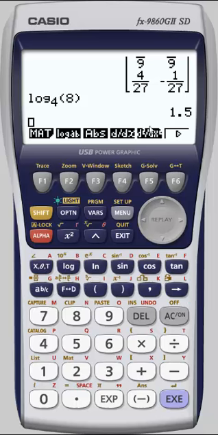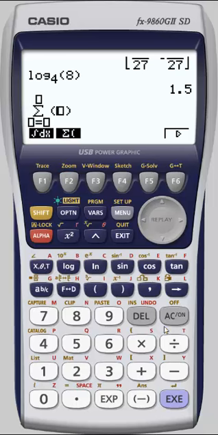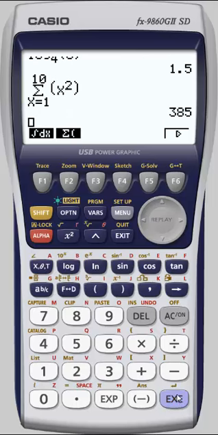We also have derivatives, and as I was saying, integrals. We'll take a look at those in a minute because there's another way we can get to the same items, as well as summation. I'll pull up summation really quick. There should be not a whole lot of surprises to this. If you're familiar with summation, I'll just put in the information we might need. You'll notice again moving right to move through all the various locations. So the summation of x squared as x varies from 1 to 10, and there you have it. Pressing exit again, we'll back up a level.